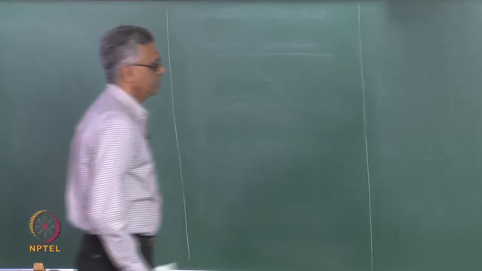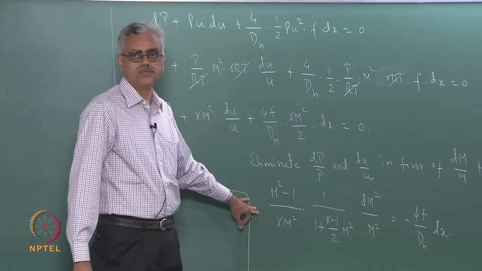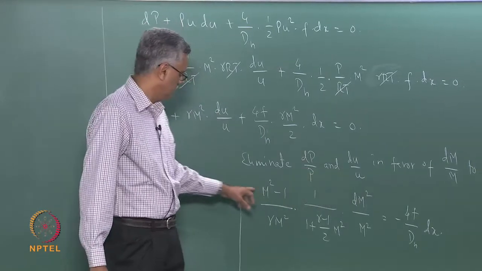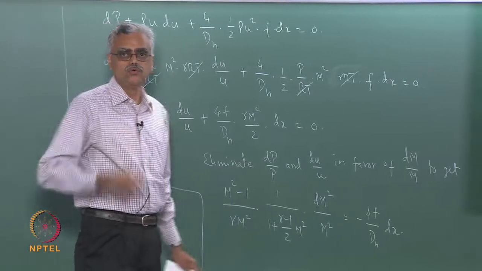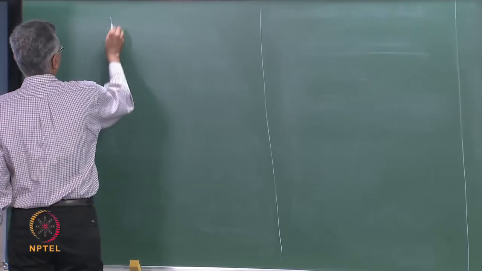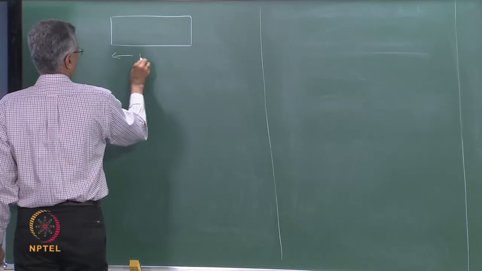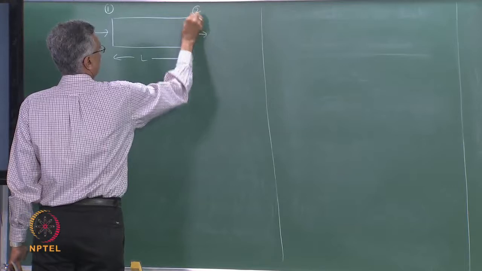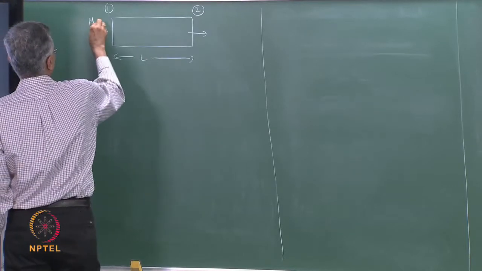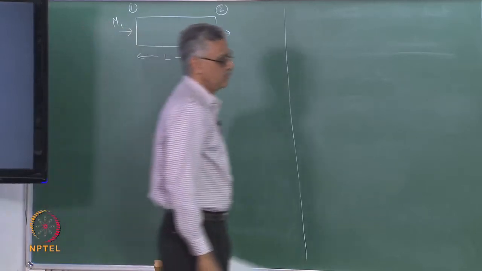So this equation that we have written down finally gives me an expression involving duct length and change of Mach number. Okay. So I have two ways in which I can proceed now, just like we discussed earlier. If I have a duct of length, let us say L, and this is state 1, this is state 2, M1 is known here, right. I can integrate this equation,